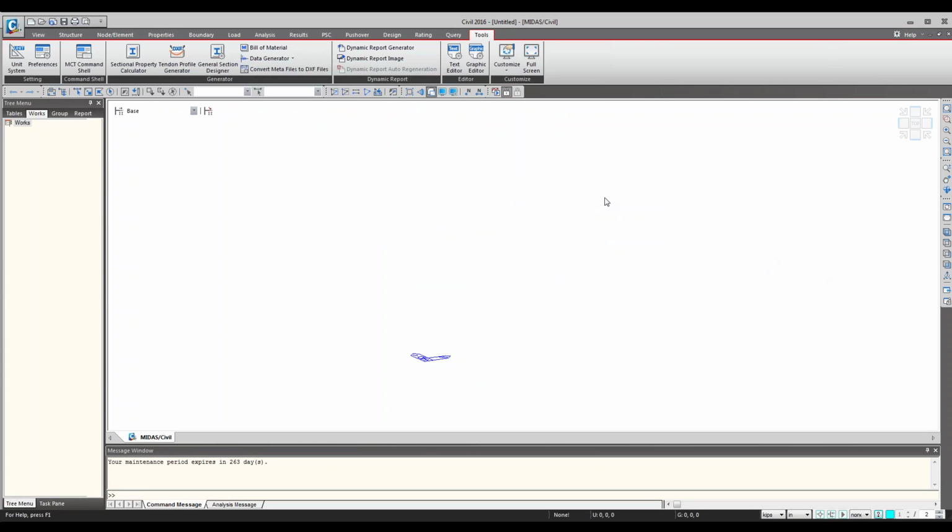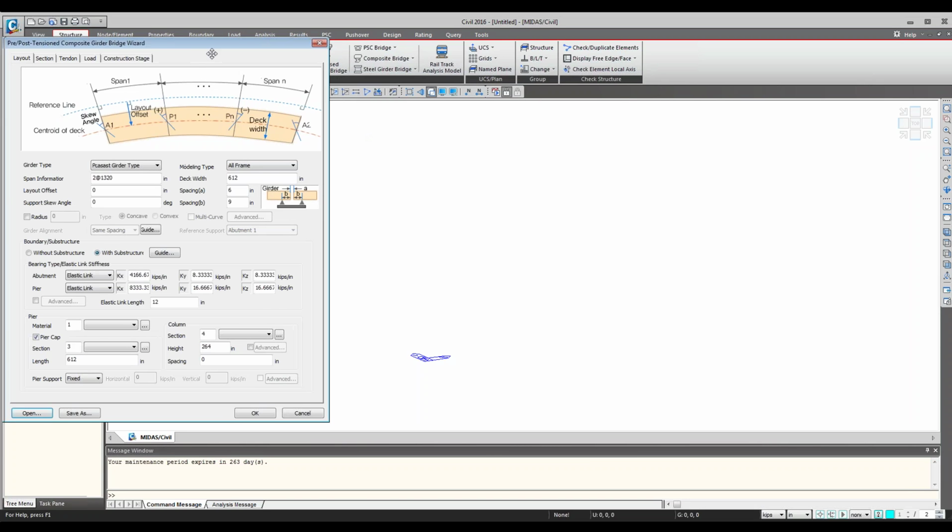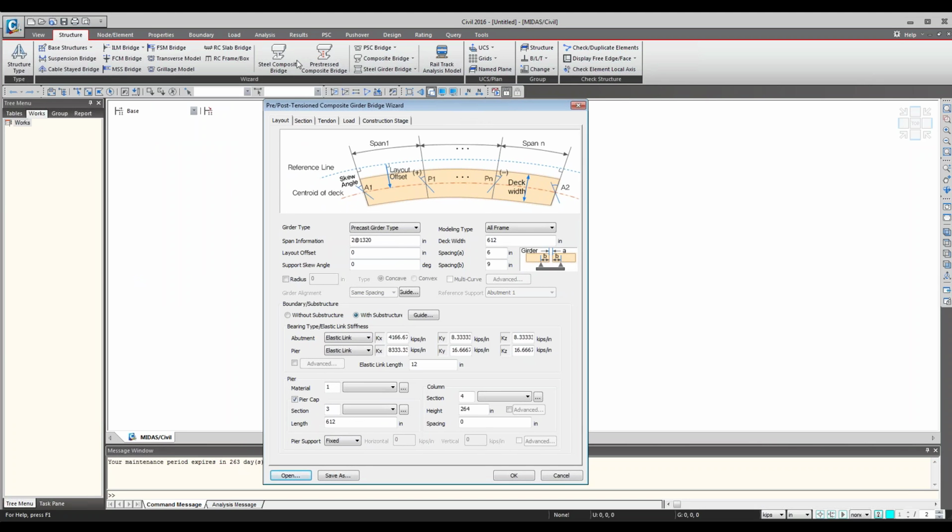Okay, so when you have the program open like this, here is where you can first get to: go to the structure main menu, and over here, as I mentioned to you before, today I'll be covering the prestressed concrete composite girder bridge, but you will notice that there is a very similar looking wizard right next to it. And then if you also quickly open the steel wizard, this is for concrete,